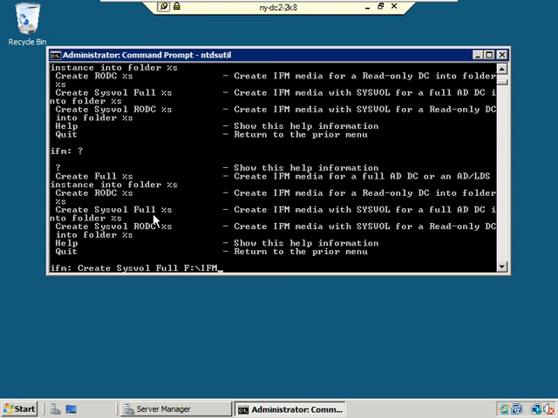So here's what this little utility is going to do. It's going to create a subset of your domain controller, all of the guts, similar to system state, but not quite. It's going to be a subset of your domain controller, and it's going to back it up to this IFM media set. Now I'm going to show you what the IFM media is going to look like after we